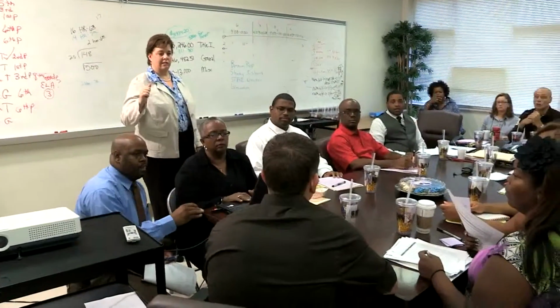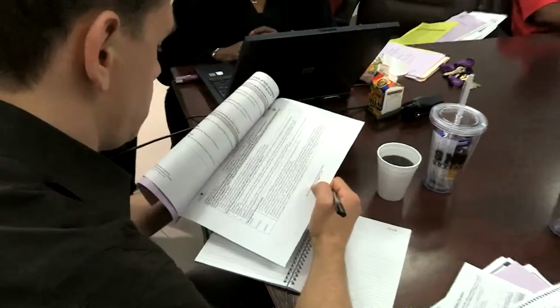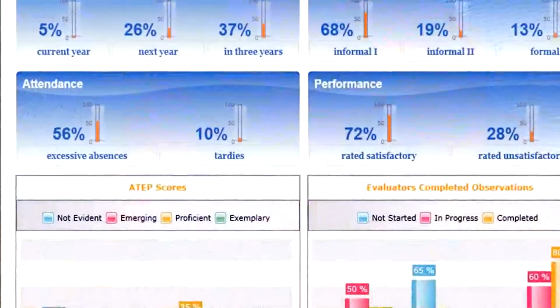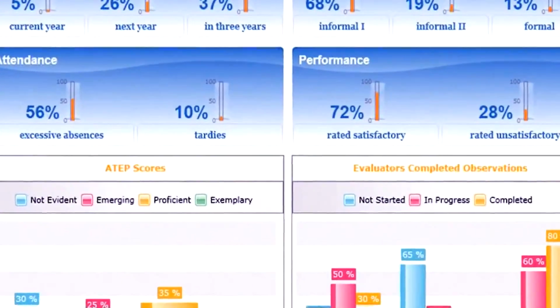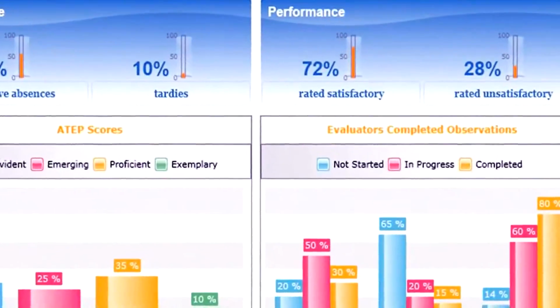The Class Keys are so crucial for what we do. I mean, the front line is the classroom, so we need to make sure that every single classroom is high functioning with teachers who are following established and research-based best practices, and that's what Class Keys and ETEC both give us. The Teacher Effectiveness Dashboard, or TED, is another element under the ETEC umbrella that consolidates the various performance elements